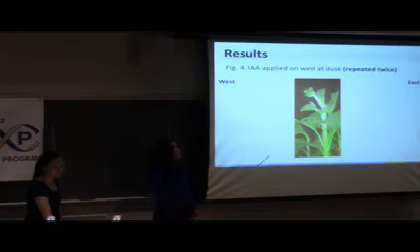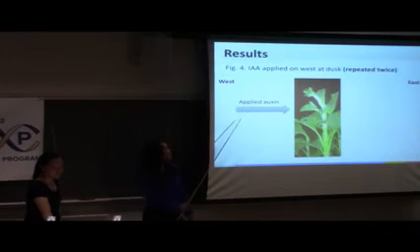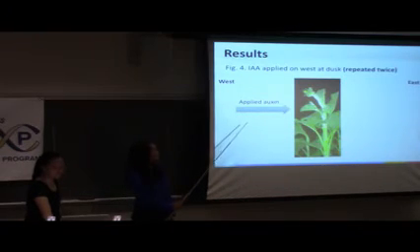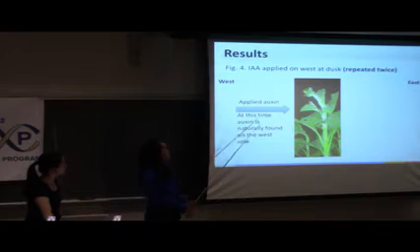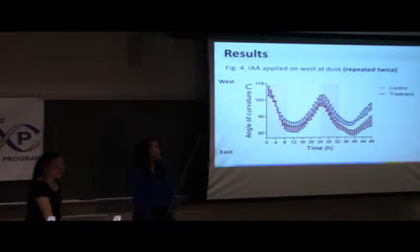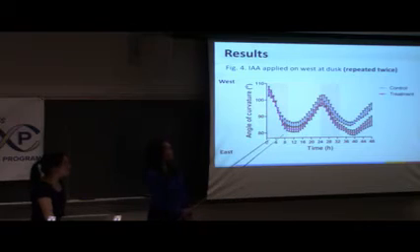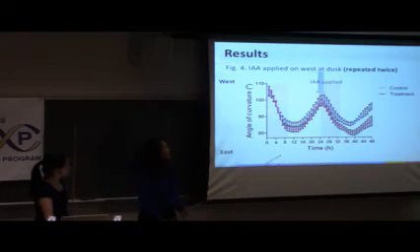Finally, our last experiment was applying IAA on the west side at dusk. This is the same side that auxin is naturally found in, so we expected an enhancing movement towards the east throughout the night. Again, surprisingly, when auxin was applied here, there was little to no effect at night.